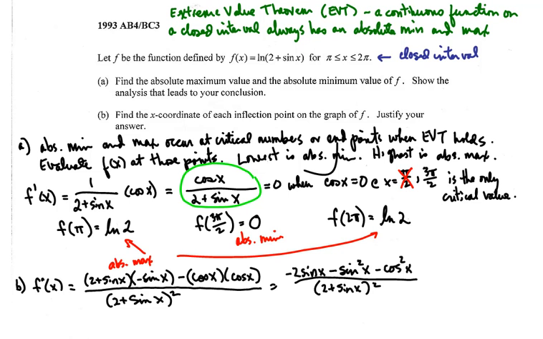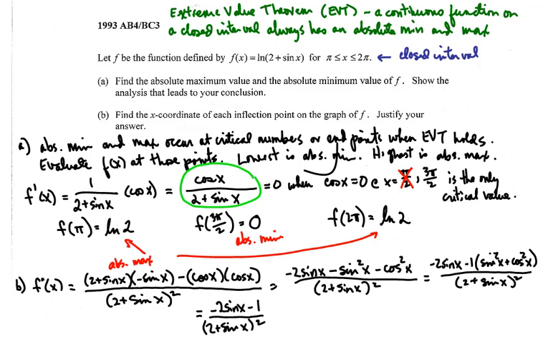Now fortunately in the numerator, if I factor out a negative 1 from negative sine squared x minus cosine squared x, I'd get negative 2 sine x minus 1 times sine squared x plus cosine squared x, which we know is just 1, over 2 plus sine x quantity squared. So this now gives me negative 2 sine x minus 1 over 2 plus sine x quantity squared,